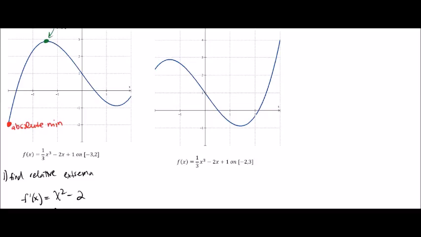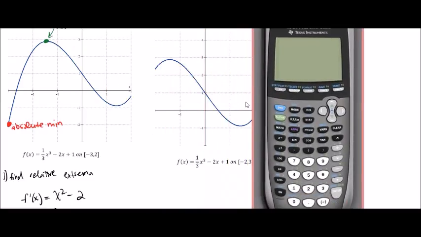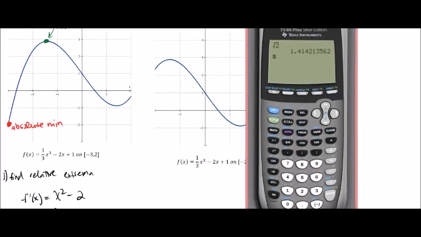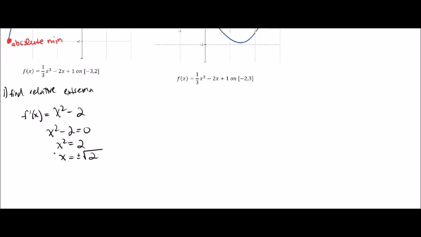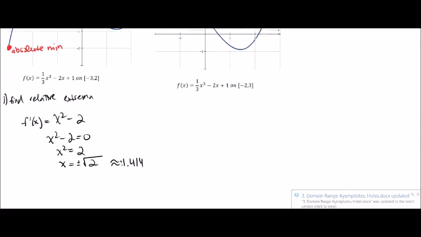Now, we can actually invoke a decimal here if we want to get the square root of 2. That's 1.414. We can use some decimals, some radicals. I'll show you a little bit of both in this case. So it's plus and minus 1.414. And what we're going to say here is, wait a minute, I don't really care